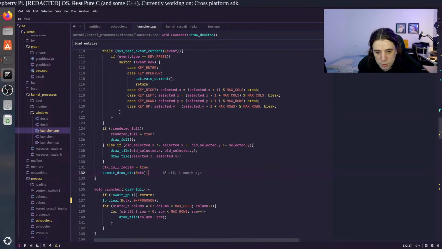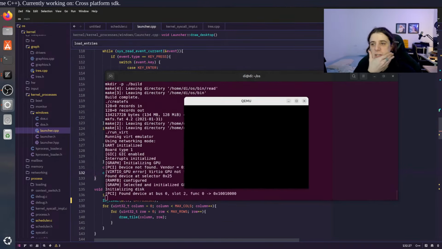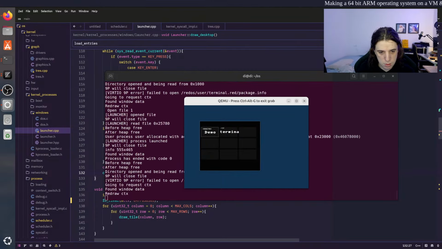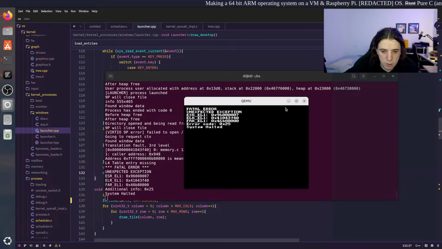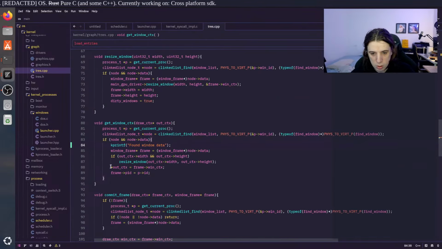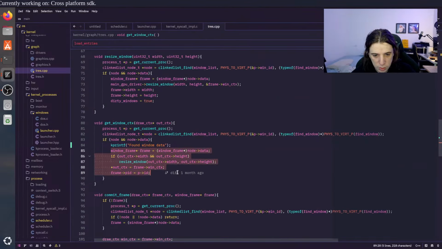Also, I want to get rid of this message because it spams too much. Okay, here it is. Found window data. Yeah. That is working. But then when it comes to actually some of this,